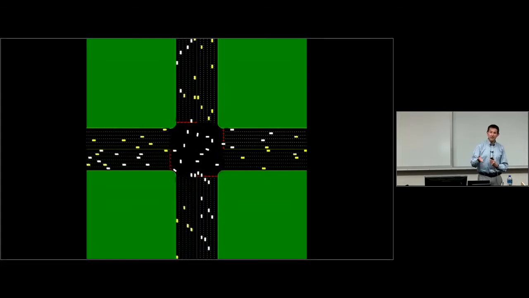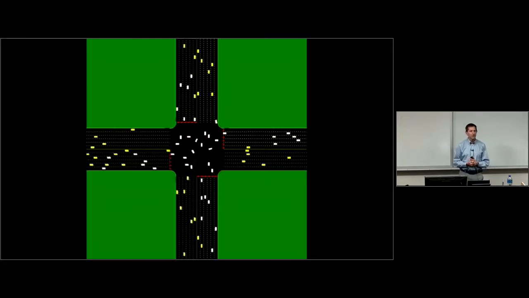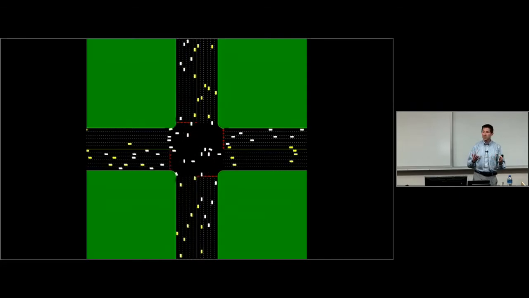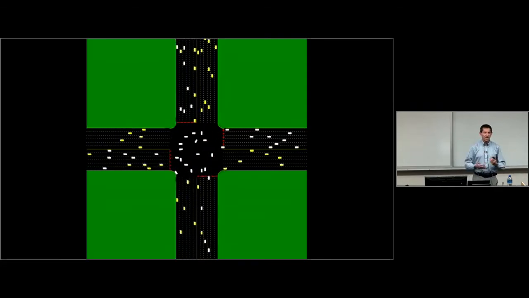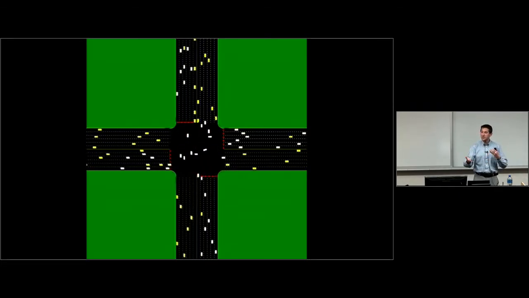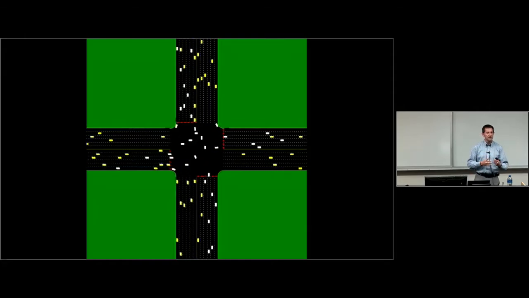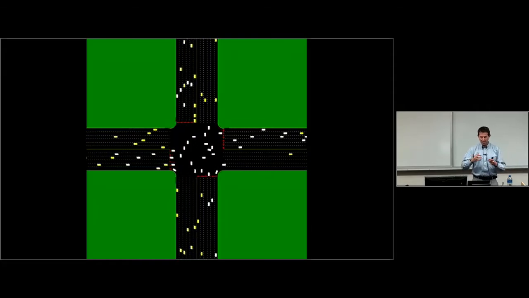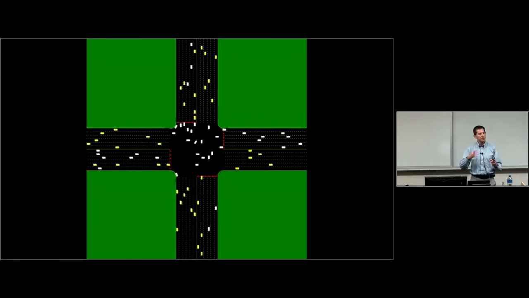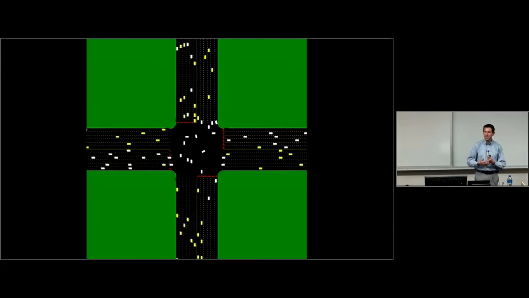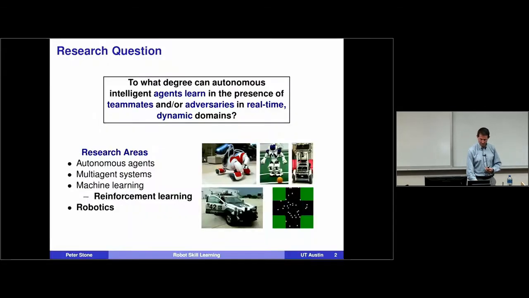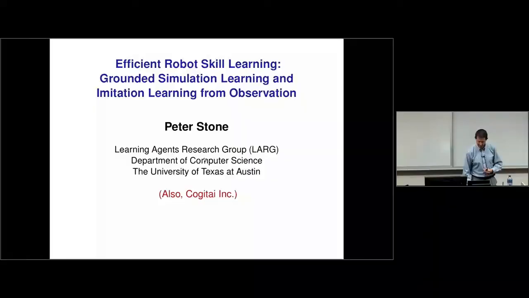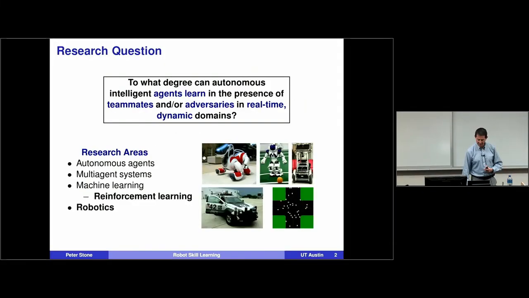This is something we put out almost 15 years ago now, and this was the initial concept when all the cars were autonomous. We've now done a decade and a half of research on what happens if there's a mixture of human cars and autonomous cars. What happens if you scale this up to multiple intersections? What are some of the mechanisms for making the traffic flow more efficient? There's a fascinating line of research that has been spawned by this, and again, that itself could be its own presentation.